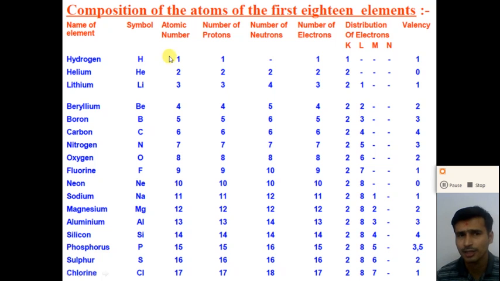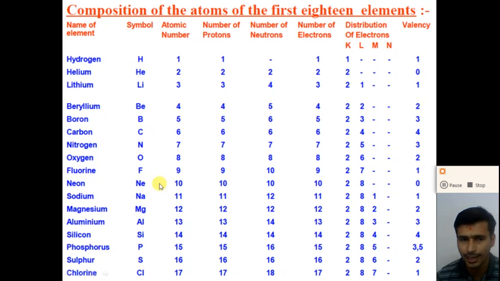Hydrogen, atomic number 1; helium, 2; lithium, 3; beryllium, 4. That means in the nucleus of the beryllium atom there are 4 protons. Boron, atomic number 5; carbon, 6; nitrogen, 7; oxygen, 8;